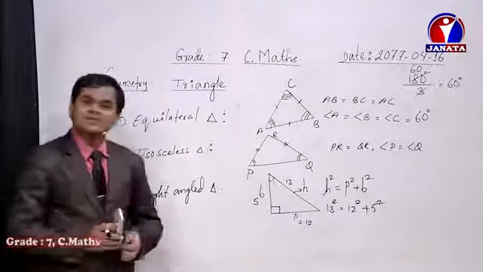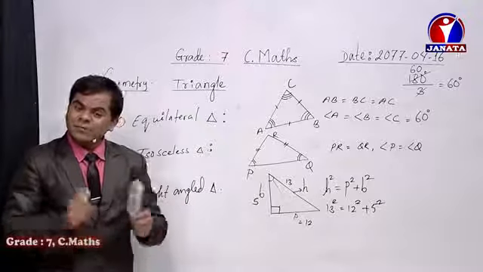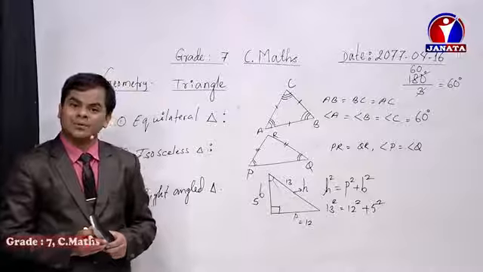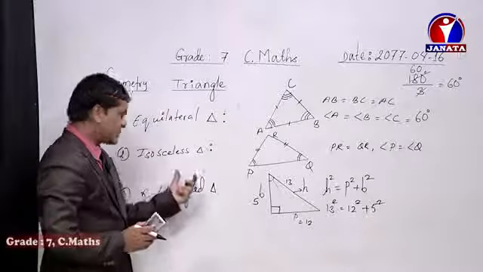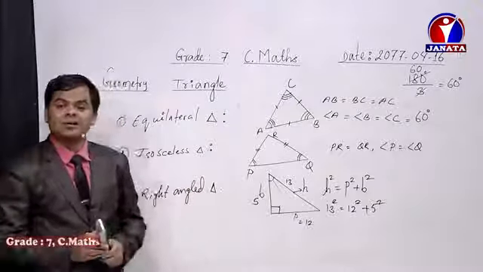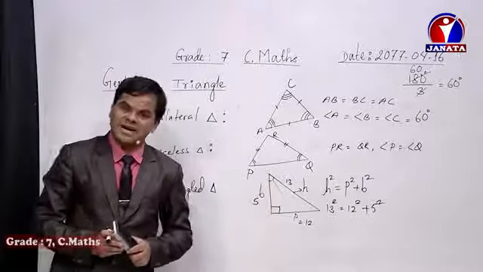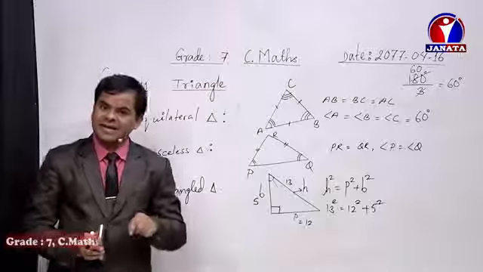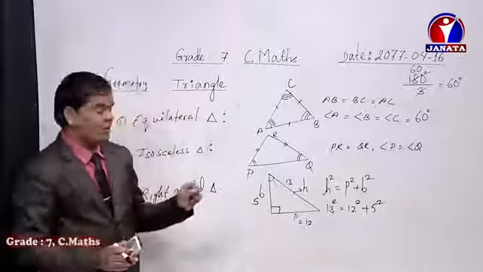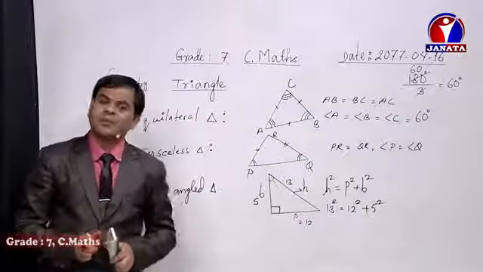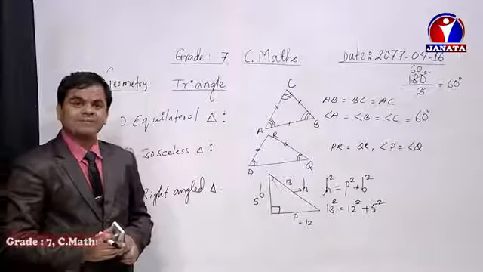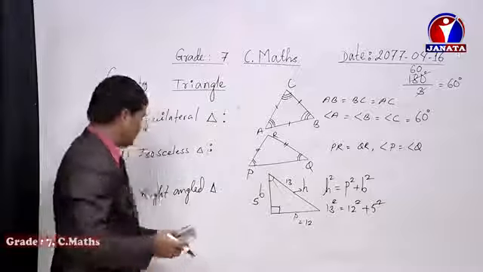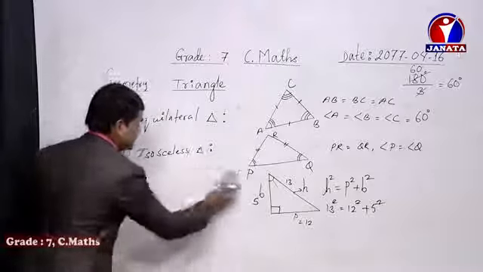Similarly, in case of isosceles triangle, two sides are equal, and opposite to the two sides, the two angles formed become equal to each other. That's the property of isosceles triangle. Now similarly, in case of right angle triangle, among the three angles one angle will be 90 degree. We don't care about the other angles. And in case of sides, hypotenuse square always equals perpendicular square plus base square. That means H square equals P square plus B square. That thing must be known by us in case of these three types of triangle.